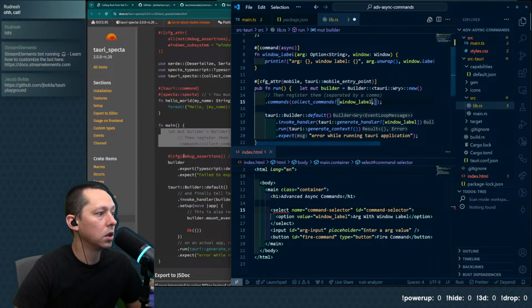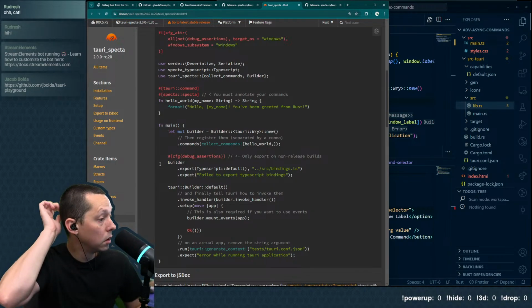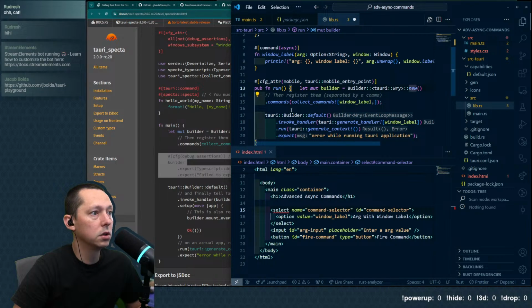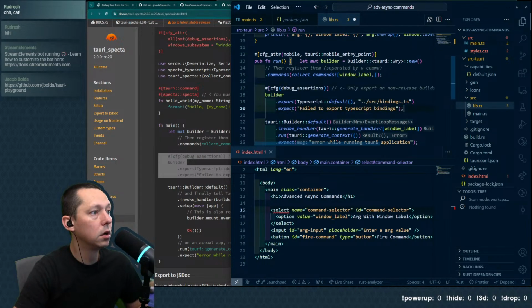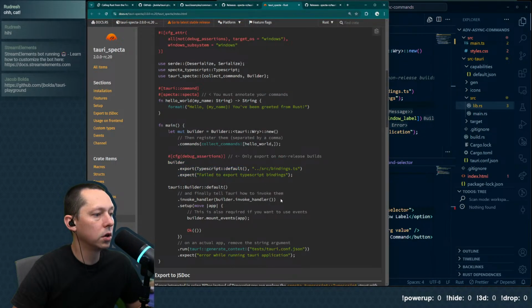We need to give it the hello world. And here we only want to export in non-release builds. That makes sense to me. And then we have, and finally, tell Tauri how to invoke them.